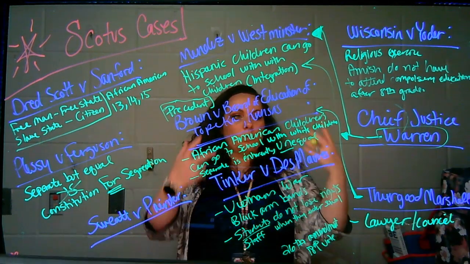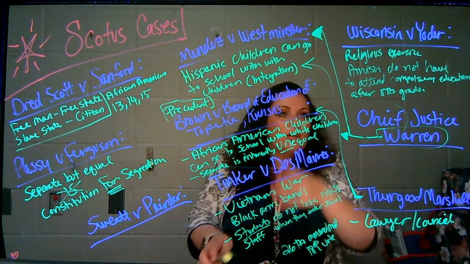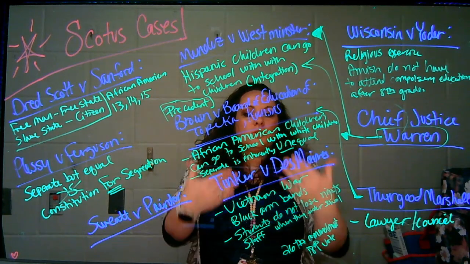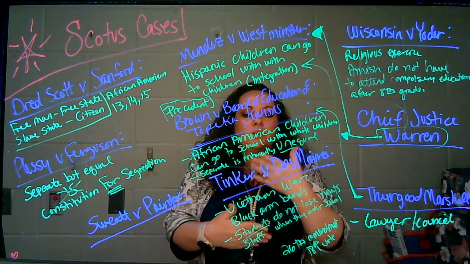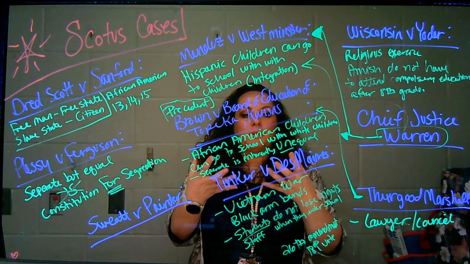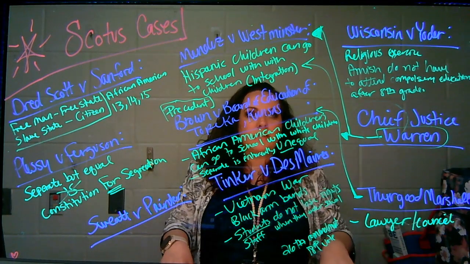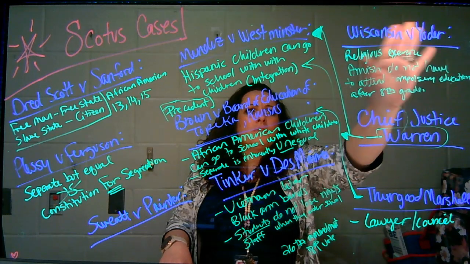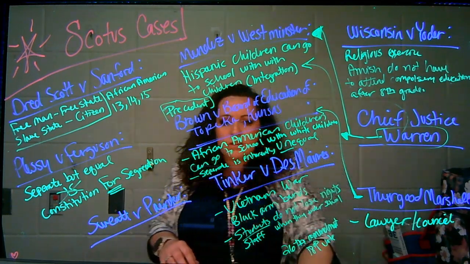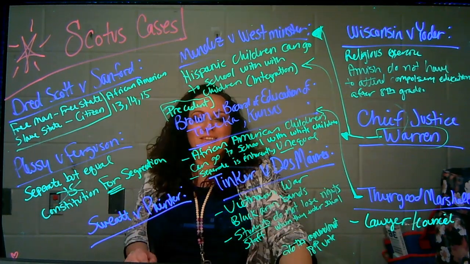After 8th grade, they are allowed to stay home and be in their community and work with their community. Their community believes that after 8th grade, these children are becoming adults. They need to take part in the community and the religious aspects that they believe, which is kind of separating themselves from the rest of the United States. And so that's kind of the concept there. So we're going to get into the last few cases, and then we'll be